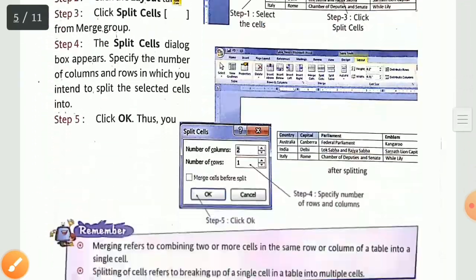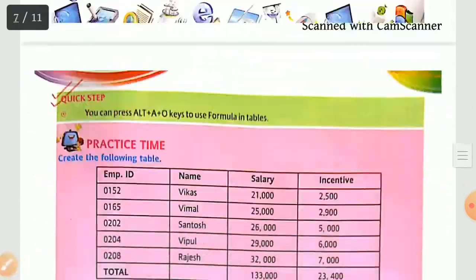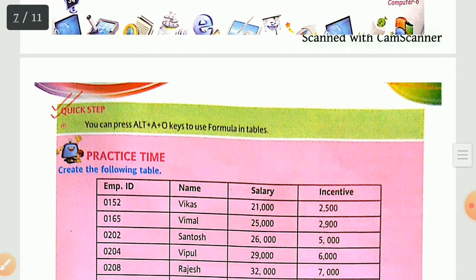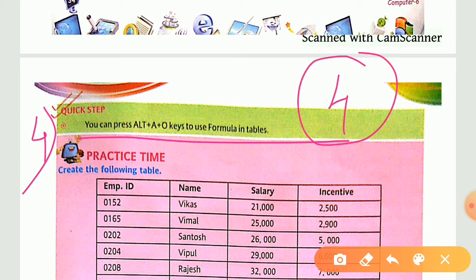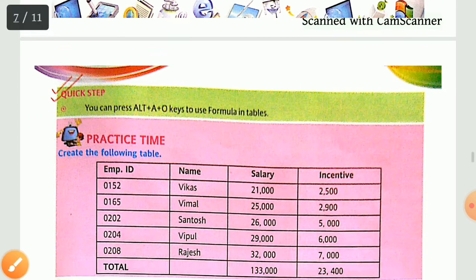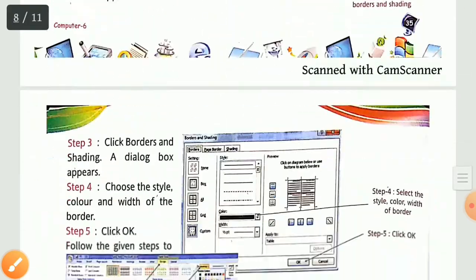And turn to your page number 35. On page number 35 at the top you are having the fourth point. So you just write down the fourth point. Don't write the heading again, just merge this into the fourth step. So in total you have 4 quick steps. Firstly write down the quick steps into your copy.